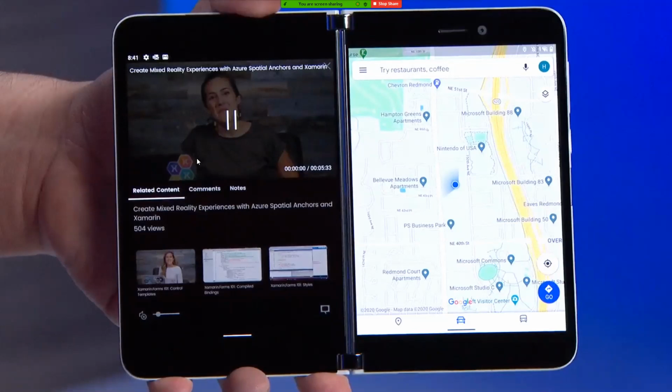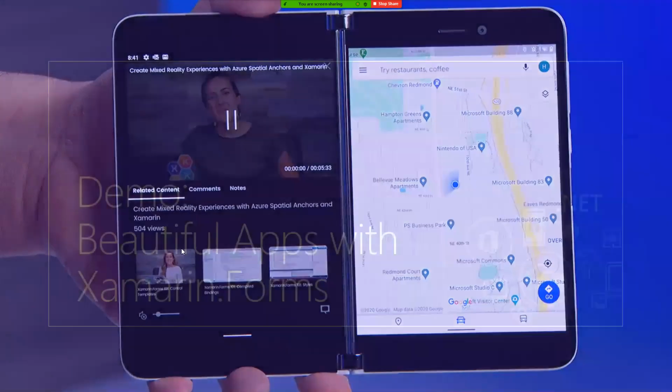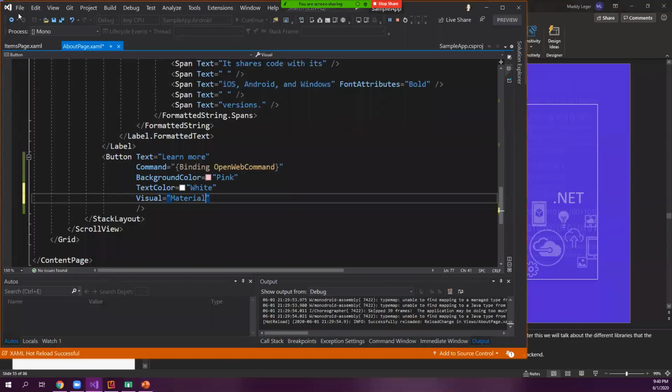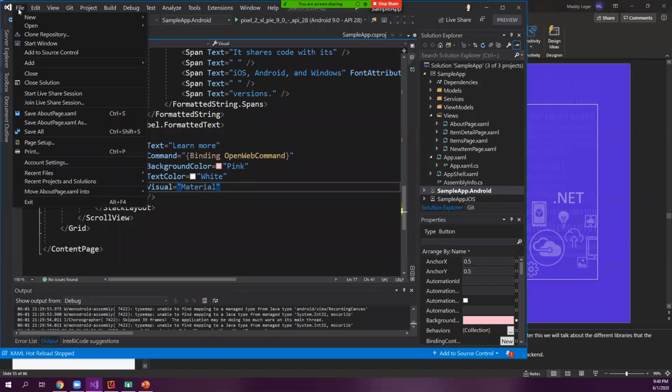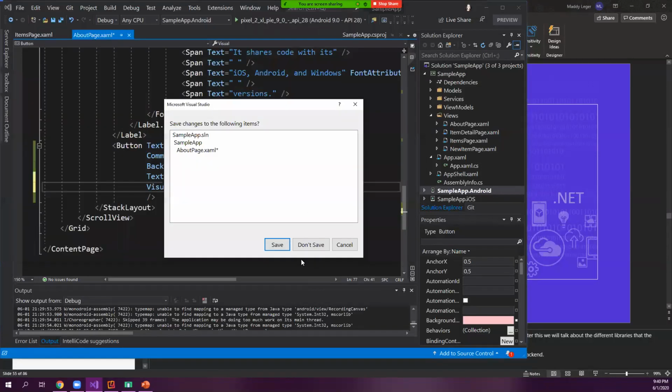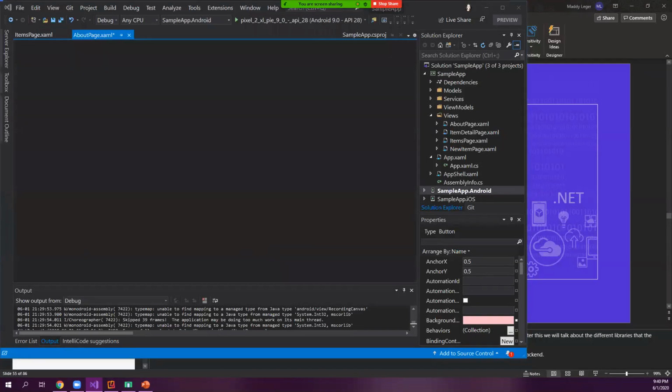All right. I wanted to take you through a much nicer looking Xamarin.Forms app. We won't get too much into the code for this one, but I wanted to give you an idea of what's possible that isn't just file new, here's my list of things. So I'm going to open the food app.